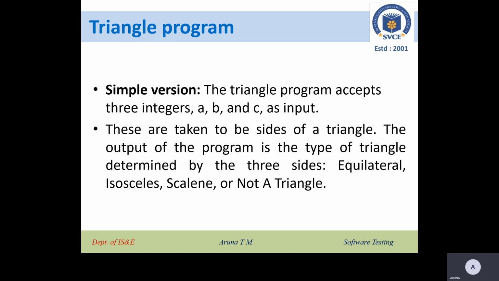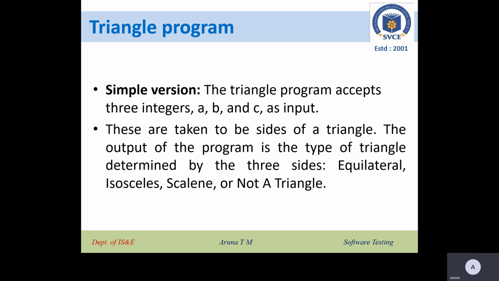So this program reads three sides of the triangle as input, and the expected output is whether you can form a triangle.